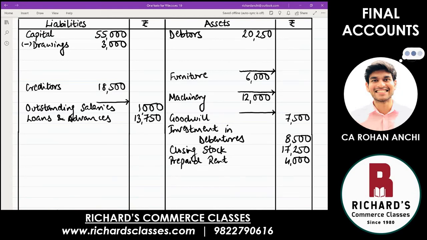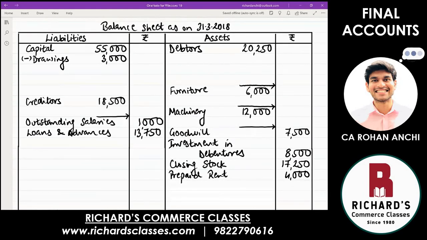Okay, the next one is very, very important, and that is relating to debtors. Debtors, 2 adjustments to be done. That is reserve, possible loss, and one is bad debts, which is actual loss. Both have to be adjusted here, and there is a sequence to be followed. Remember, when you do adjustment on debtors, always provide for the actual loss first. Actual loss, which is bad debts.